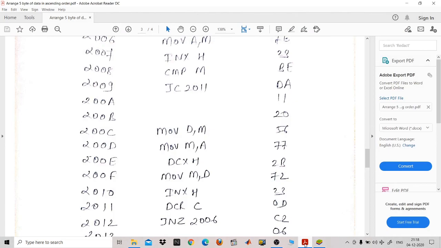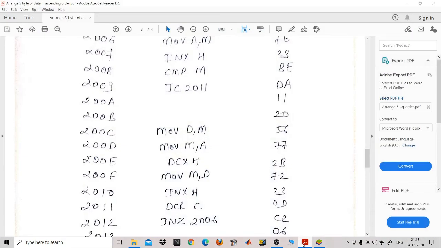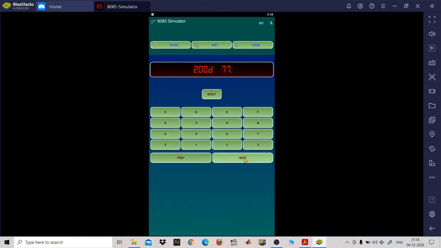At 200D it was 77. At 200E it was 2B. Then at 200F it was 72. So you will have to be careful while storing all this.